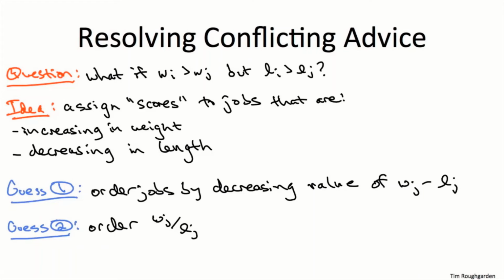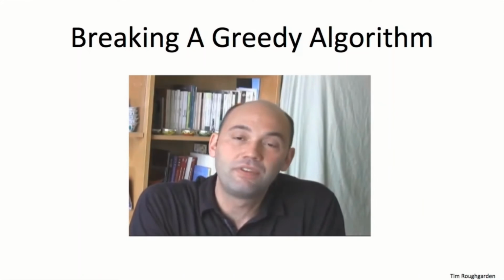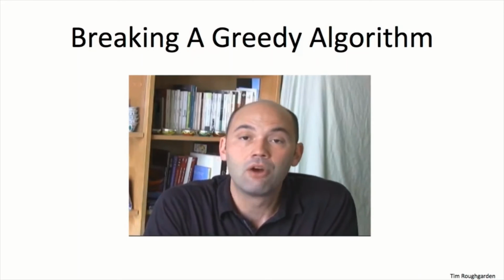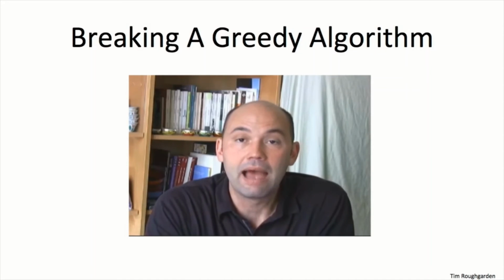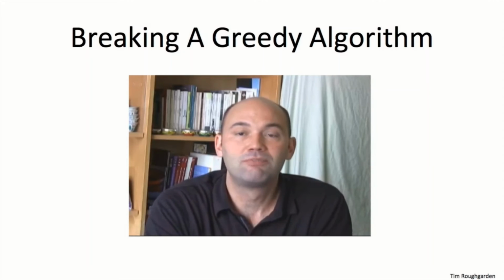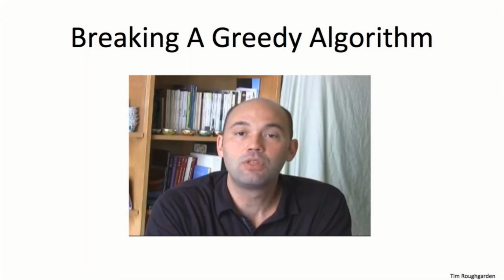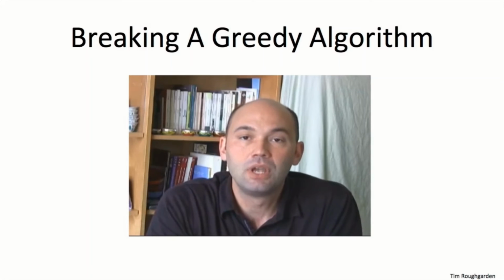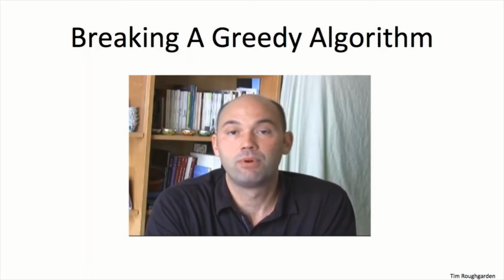So, as the algorithm designer, the process now is, maybe we can rule out at least one of these two proposed greedy algorithms by showing an example where it doesn't do the right thing. So I want to emphasize, this is the type of scenario that's very likely to arise in your own algorithm design adventures. You might have some problem, you're not sure how to solve it yet, you've brainstormed up a couple of proposed algorithms, and a good thing to do, a good time saver, is to quickly rule out some of those algorithms as not the right way to go, as a poor approach to the problem.